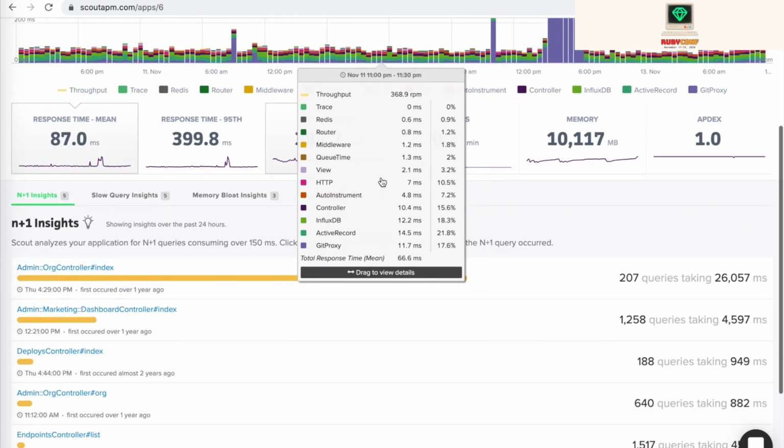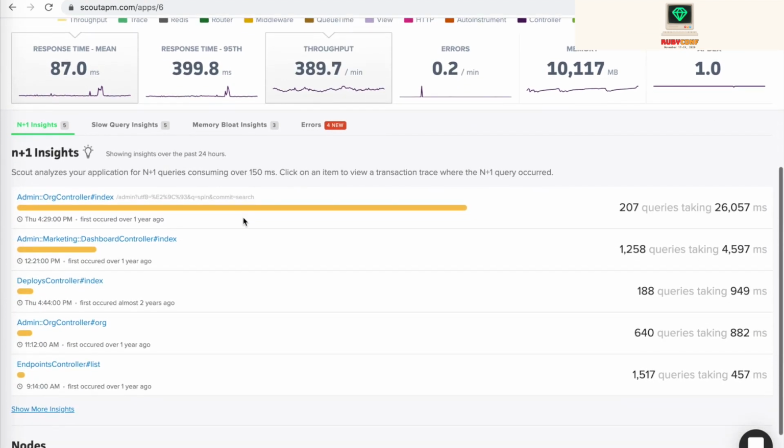we see down below the metrics chart that we have these insights that Scout is really good at pulling out. First one is N+1 insights. These are queries where you're doing multiple queries that could be optimized to do fewer queries and result in shorter query response times. We show you the number of queries and how much potential savings you could have by optimizing these queries from N+1s to something like eager loads or includes on models or columns on your database.